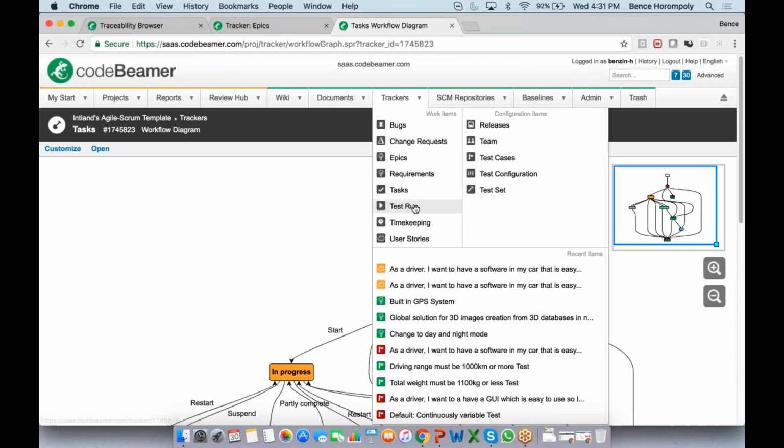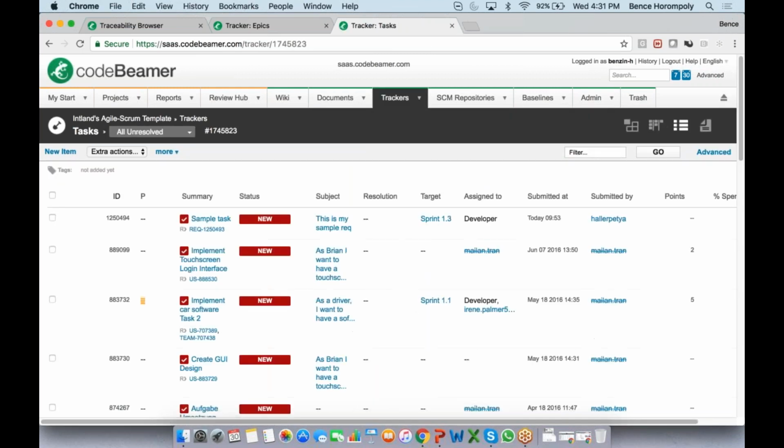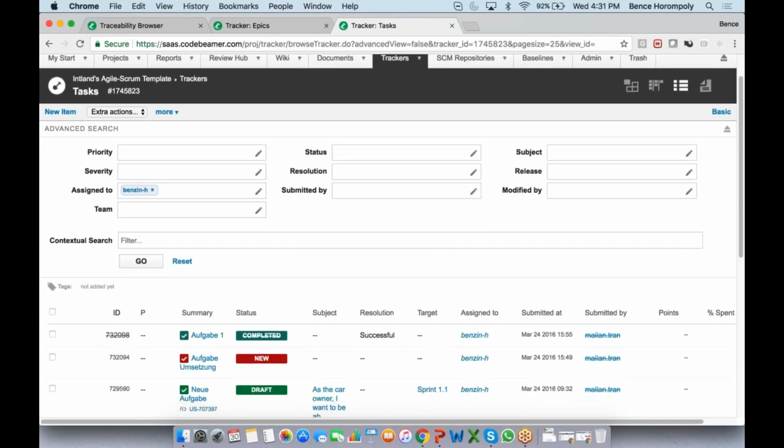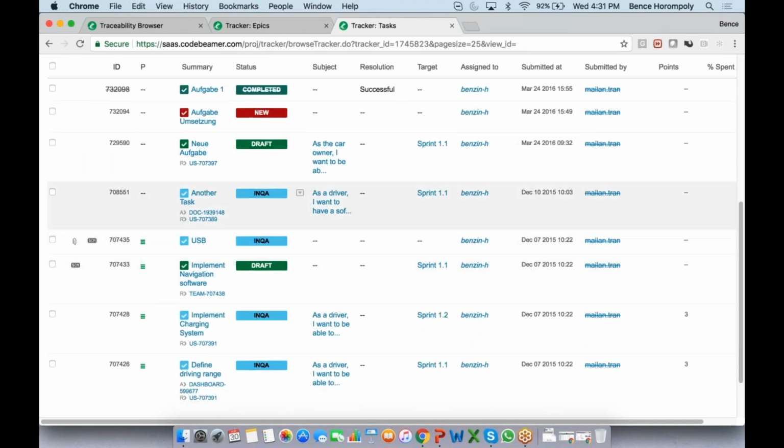So let's see if I have any tasks that are in QA and assigned to me, for example. I can just really easily filter for that. So I'm just going to open up an advanced filter, assigned to me, that's fine. And the status is in QA, but I can actually just see all the ones that are assigned to me. Okay, I have two here in QA.